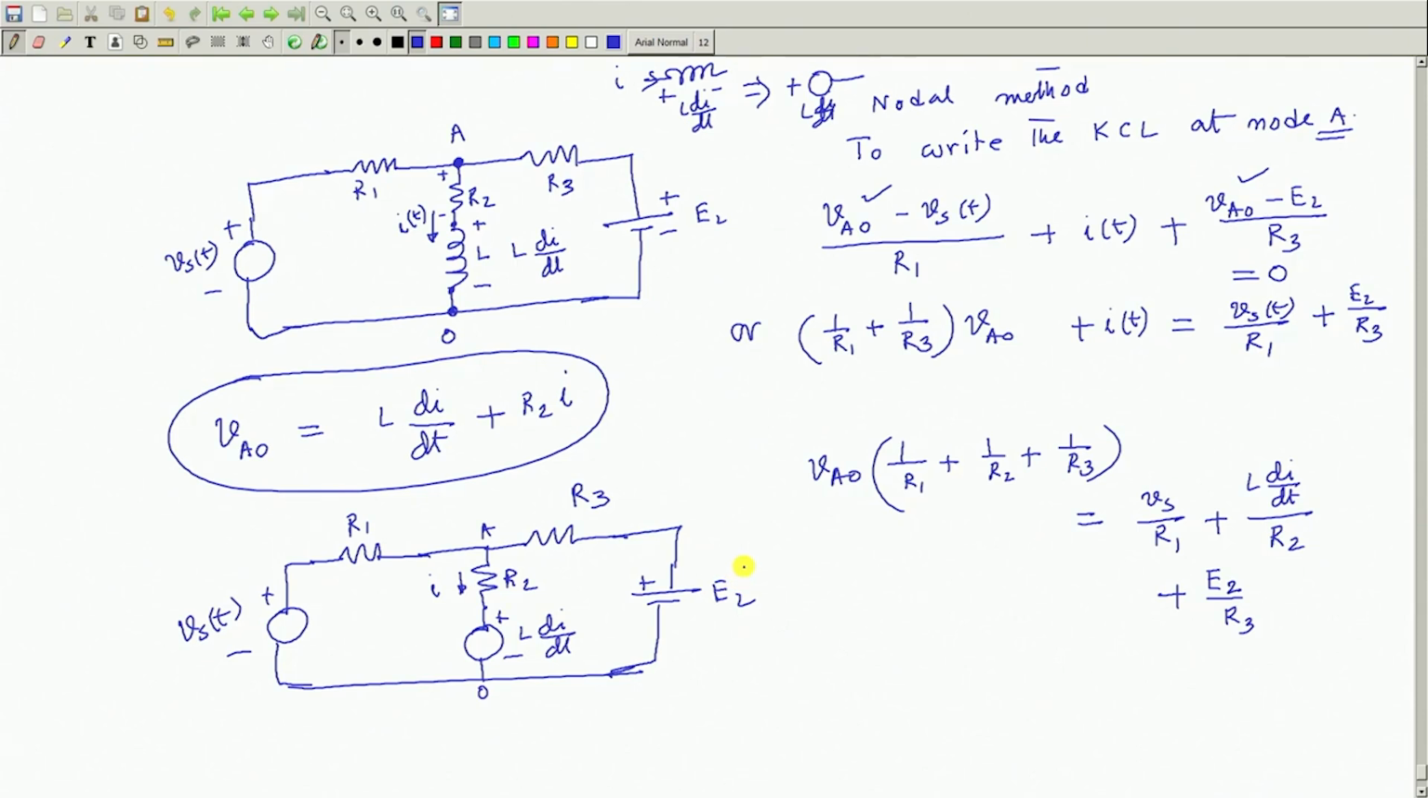But this equation has two unknowns, VAO and I. Then the other equation is this one. Anyway, you will gradually become habituated with what I am telling. So, nodal, once the current is known; similarly with the capacitors. If capacitors are present, you can replace that capacitor. For example,